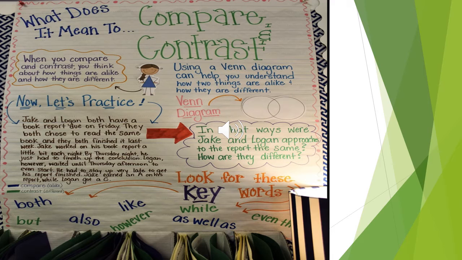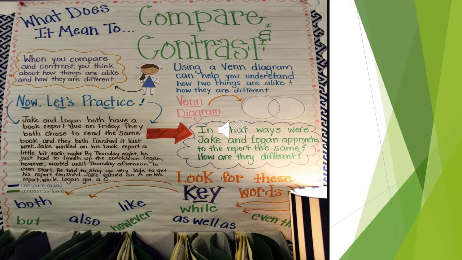Now I'm comparing between Jake and Logan. When I want to contrast, I will check the signal words. The signal words like however, okay, now I can tell that I'm contrasting, I'm saying the differences. So here the author said,